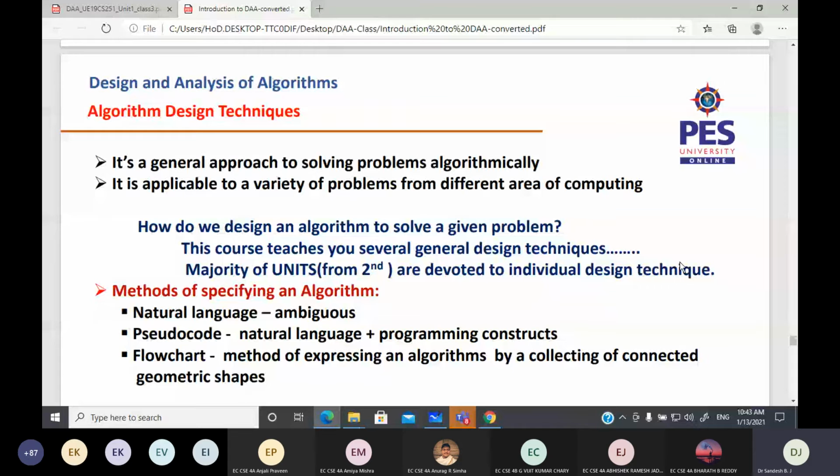This course teaches you several general design techniques which I have indicated now, and the majority of our units from the second unit onwards are devoted to individual design techniques. So after going through this course, given a problem,